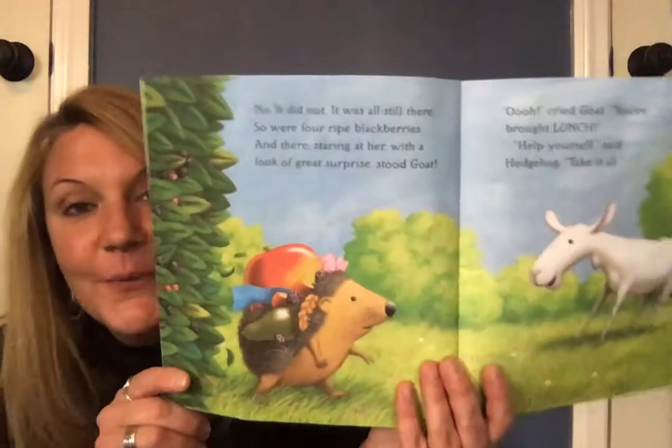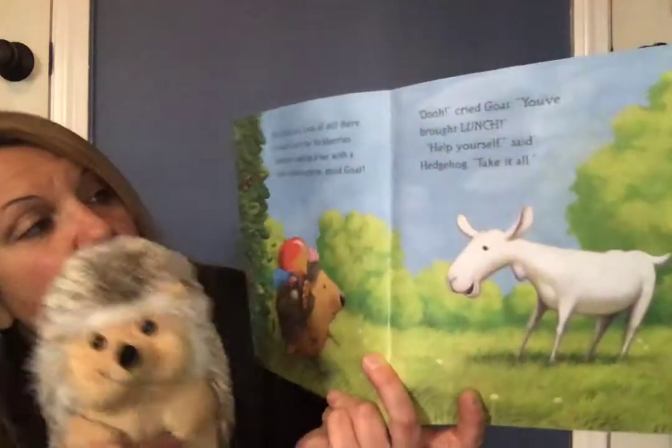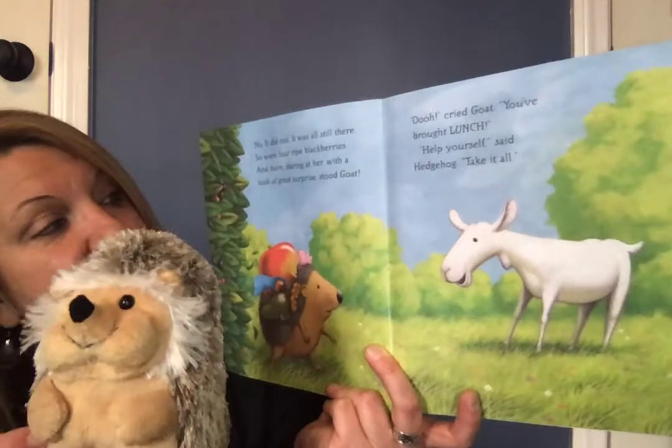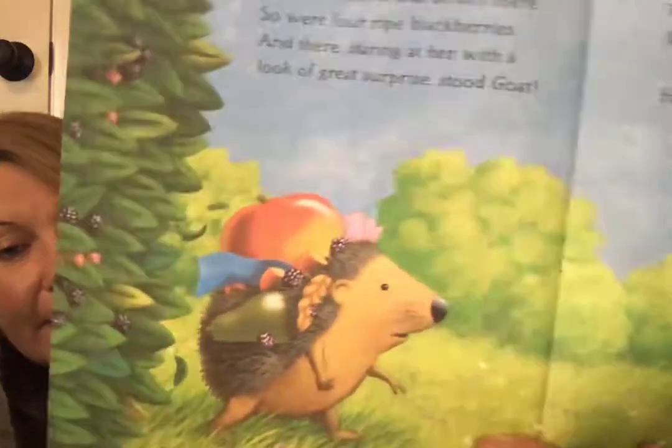What do we think? Squeezing through a bush. Do you think she's going to add some more stuff, or do we think she gets it all off? Let's see. No, it did not. It was all still there. And so were 4 ripe blackberries, and there staring at her with a look of surprise, see the blackberries on her back,